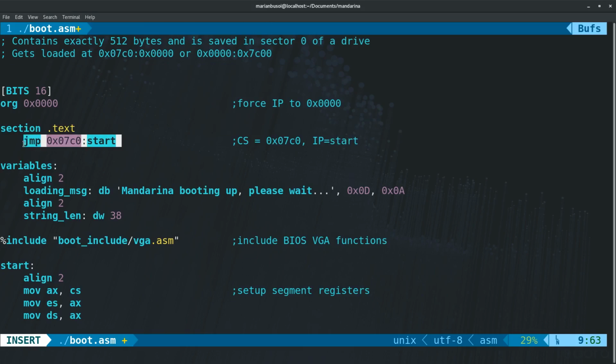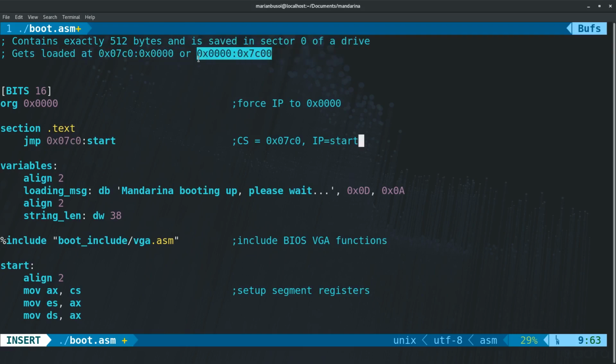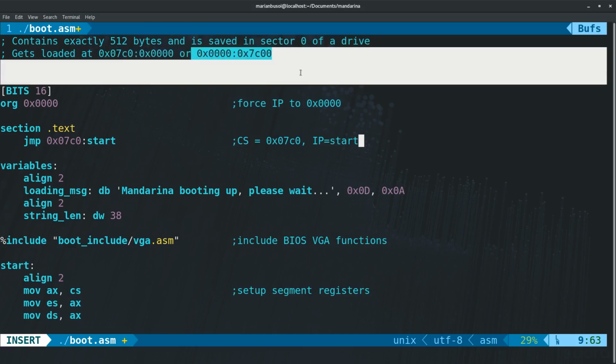Now, why am I doing all of this? Well, remember that I said last time that some BIOSes load your bootloader at this address here. So they use 0 as a code segment and 0x7C00 as an offset or effective address. But other BIOSes will use 0x07C0 as a code segment and will use 0 as an offset. So even though these two things are equivalent,